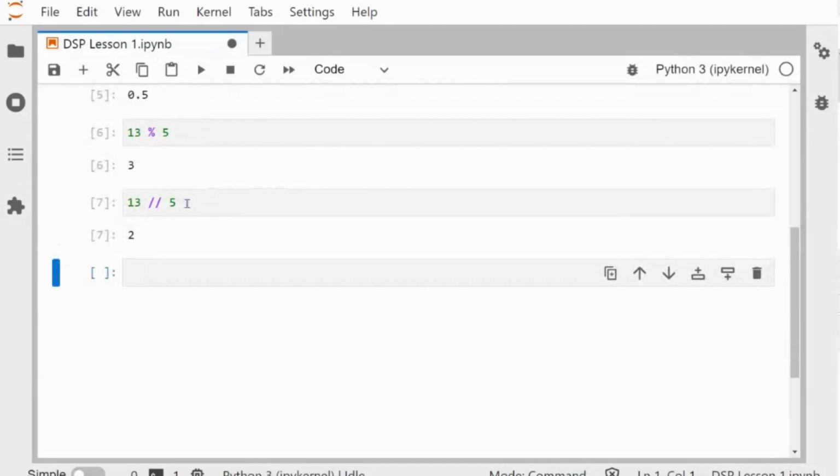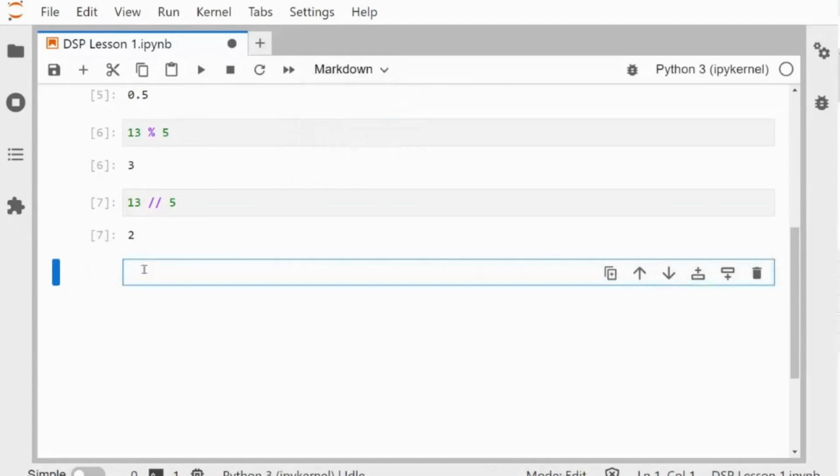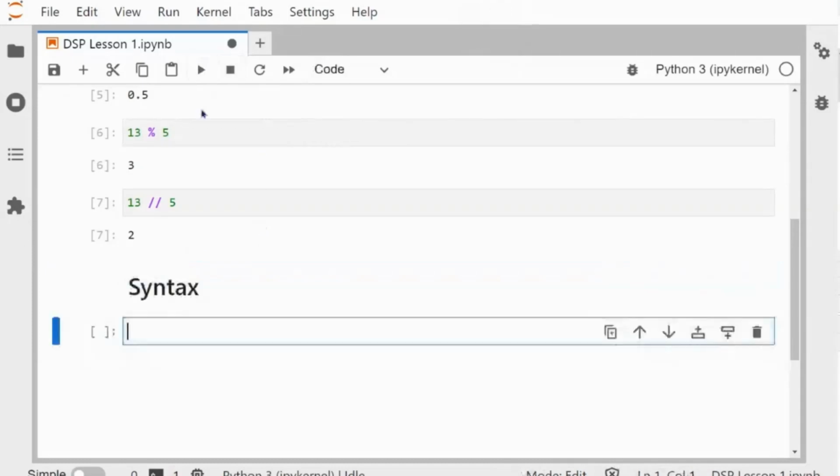Another thing I want to look at here, which you also see in calculators, is syntax errors. Let's add a title for this section. So let's change this cell to Markdown, and then we're going to make that title smaller than the first one that we wrote. To do this, we'll add 2 hashes, and then a space again, and syntax. Here we go. Run that.